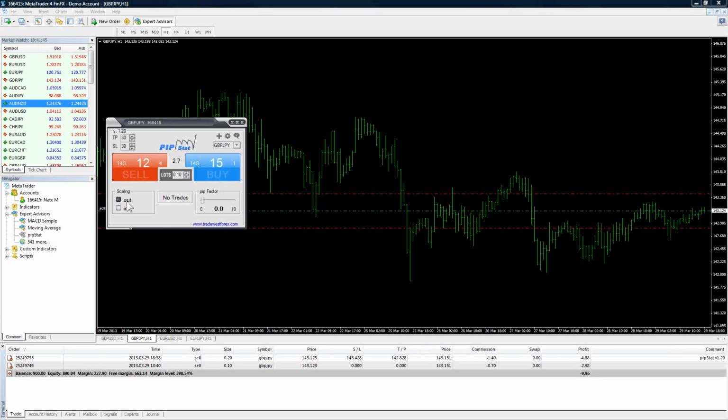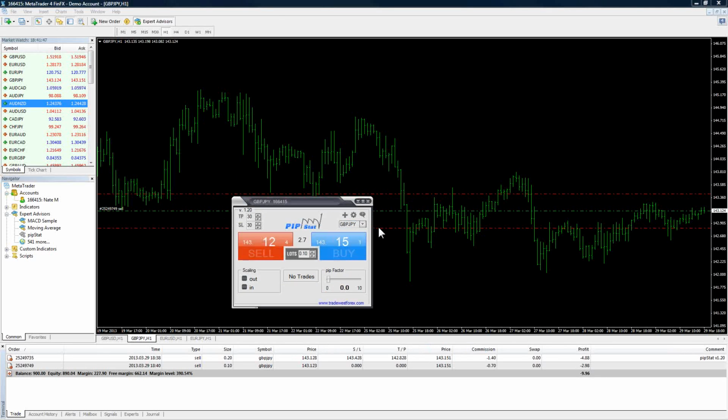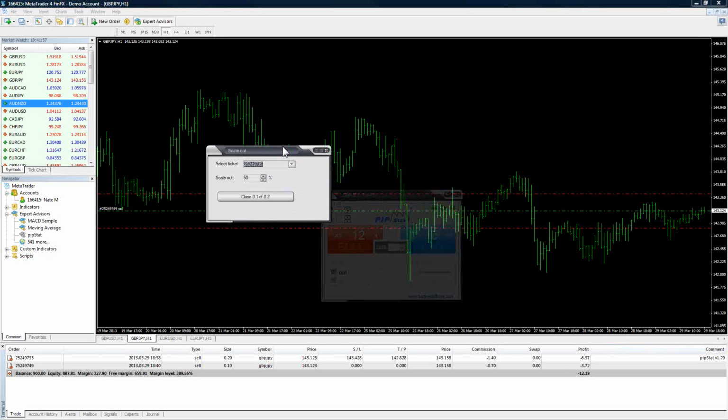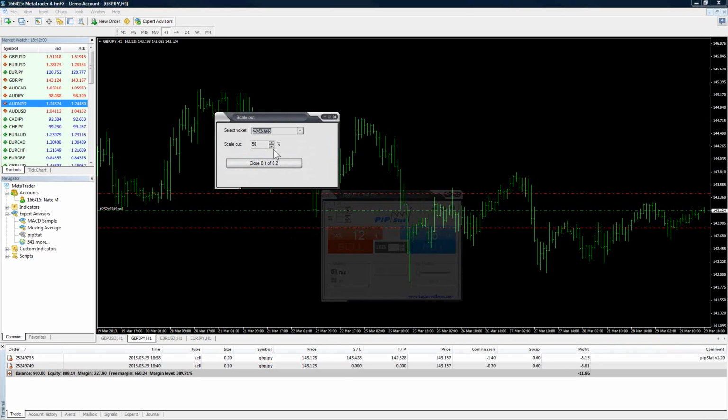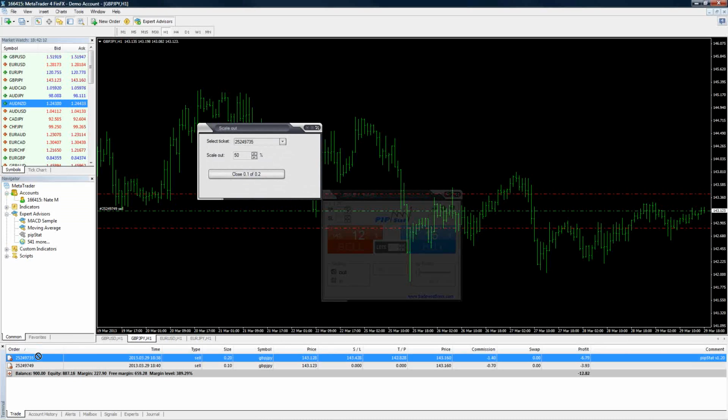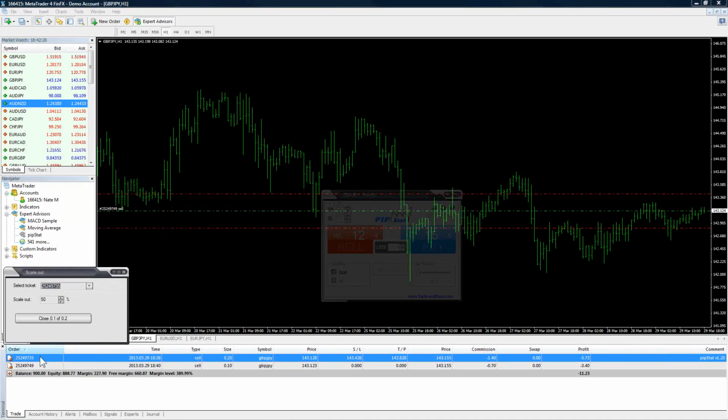Okay, so scaling in and scaling out, of course, we're already into a trade, so just by example, I'm going to show you how to scale out of this. We can say, okay, let's scale out of this trade. We don't feel like it's going the direction we want it to, or maybe it is and we just want to get out. It automatically pops up and gives you the option of 50%. Now, the ticket is, of course, the trade that we just took. So you can see the 735 down here under order. You can see where it says 252.49735. So you can confirm there that these two match.